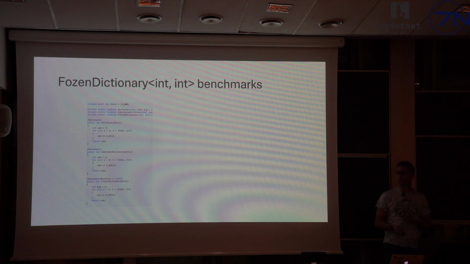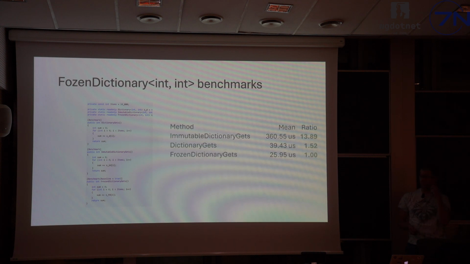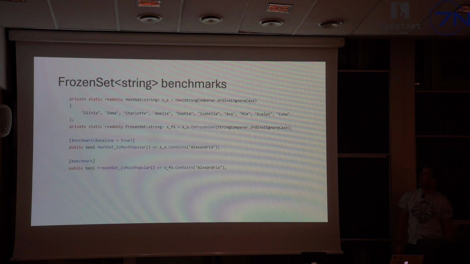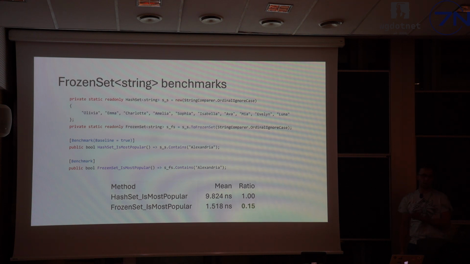And how fast can it be? It's cloud native, but I had to sneak in some benchmarks. For example, if we iterate over three dictionaries, the immutable one, a frozen one, and a regular dictionary, you can see that the frozen one, getting elements by key in a loop, is like 14 times faster compared to the immutable dictionary and 50% faster than the regular dictionary, which has been extremely heavily optimized over the years. And if you take a look at this benchmark, where we are searching for names in a hash set and in a frozen set, you will see that the frozen set in this particular case, for this hardware, is 8 times faster.